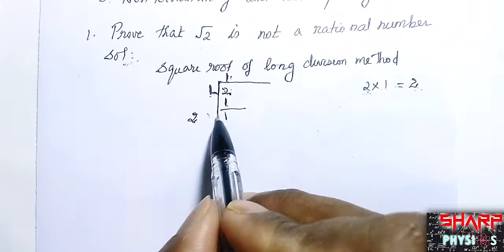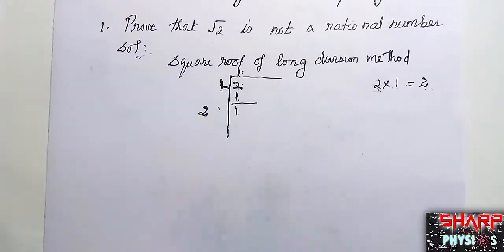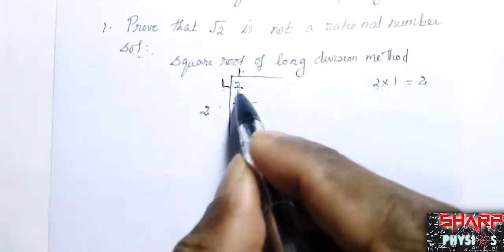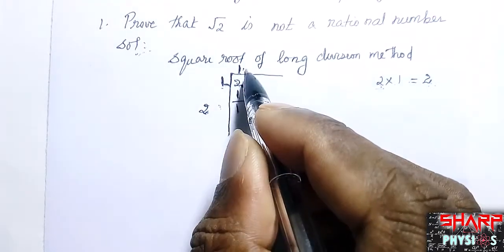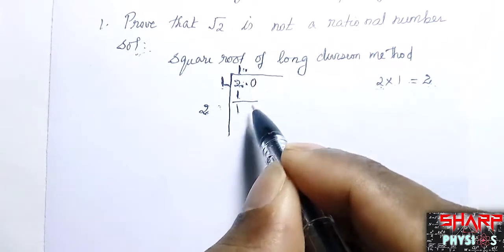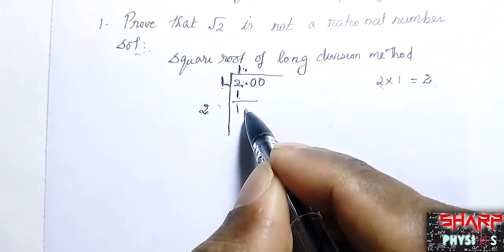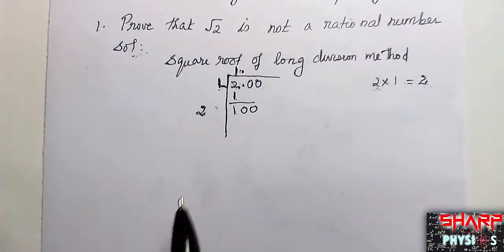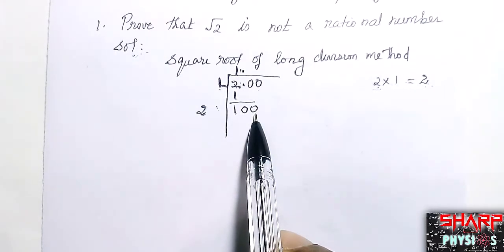Next, you see here 1 is very much less than 2, and it's not terminated also. So you have to add a 0. In order to add a 0, you have to place a decimal here. When you place a decimal here, you place it at the numerator and place a 0, and also bring 2 zeros below because of squaring. In squaring, you have to bring the 2 zeros below.